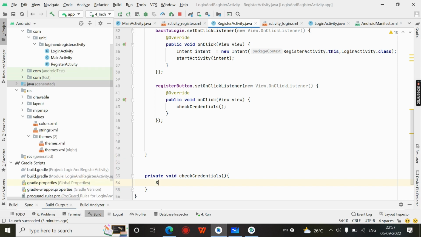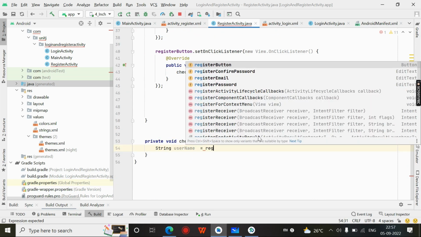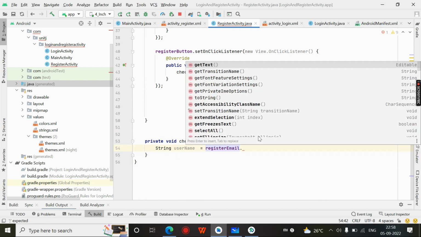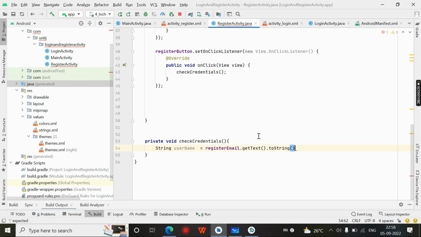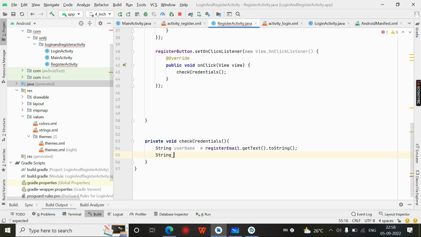So first of all, I am getting a string username from the edit text. What is the edit text? Register email, right? Register email dot get text dot toString. Now we are getting the email ID from the edit text and storing it as a string with the variable name of username. Then I have another string password